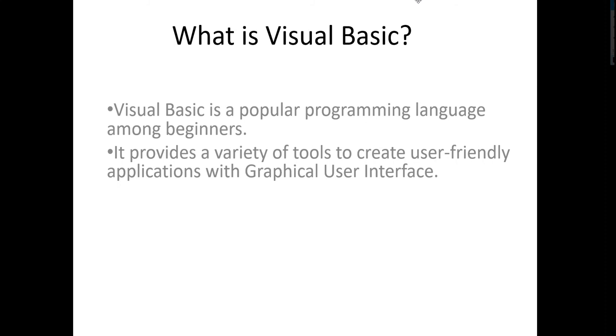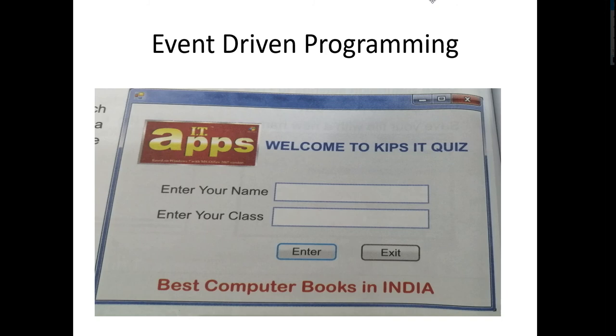So which programming is used in VB? Object oriented programming. By the name itself we can say that some object related programming is available in VB. Now event driven programming. What is event driven programming? While using an application, a user performs actions such as pressing a key, clicking a mouse, selecting a checkbox or selecting list items, etc. Such actions are known as events.